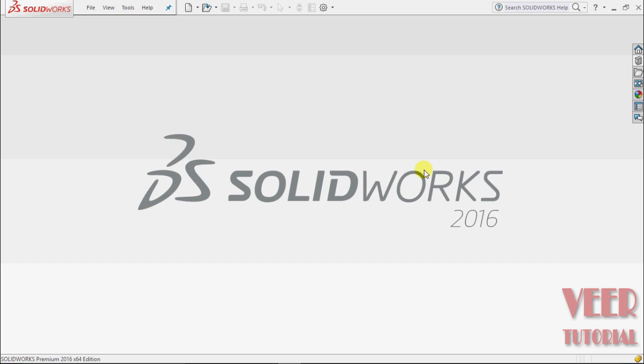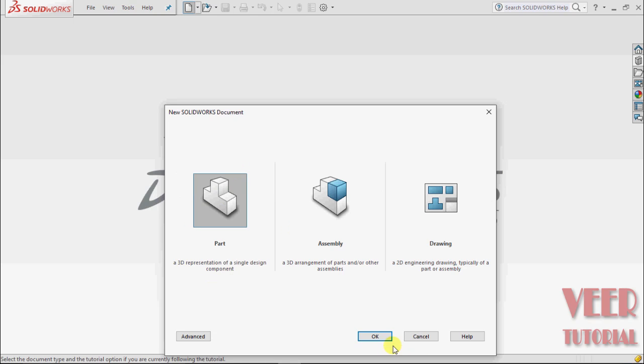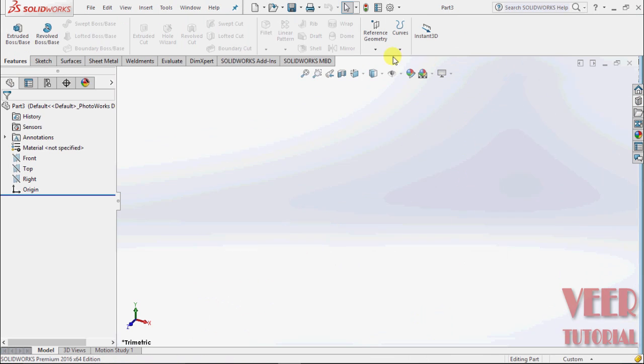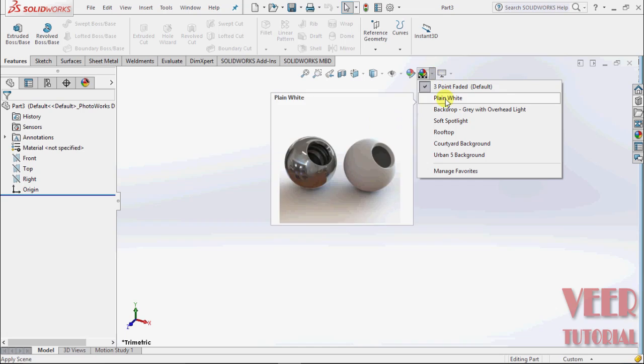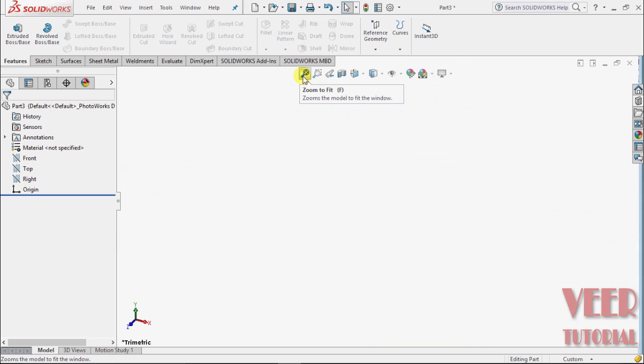To understand the status bar, we will go to New, select this part file and click OK. We can find the status bar at the top of this working space. First let me select this plain white. There are commands such as zoom to fit and zoom area. After that, previous view, sectional view, then view orientation, display style, show hide items, edit appearance, apply scene and view